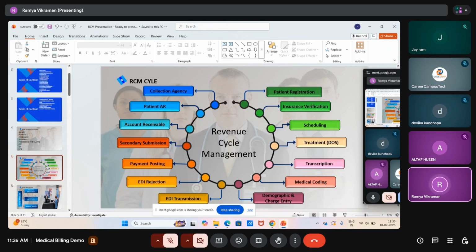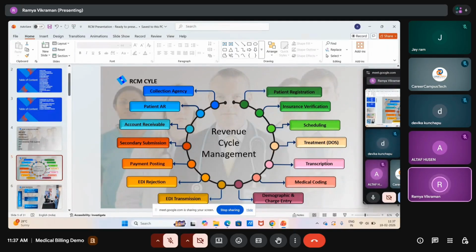The patient will say, okay, I have given you the wrong information, that was a previous, prior policy. Let me provide you the updated policy, which is active for this year. So all the claims that have been denied will be taken care of by the account receivable department. These are all the scopes involved in the RCM cycle.